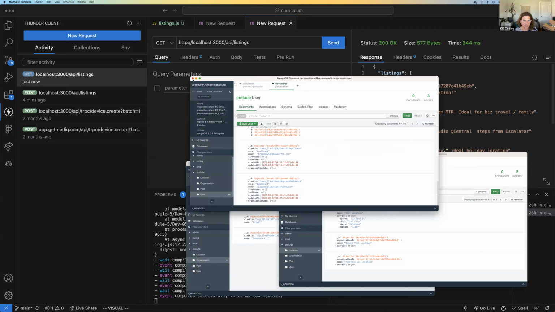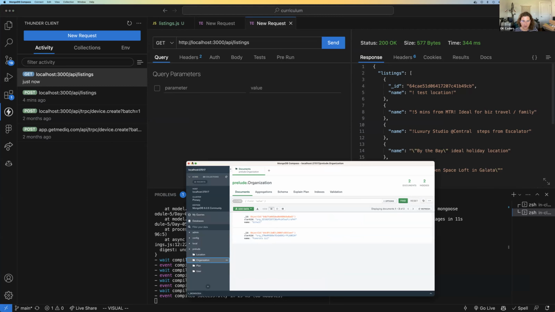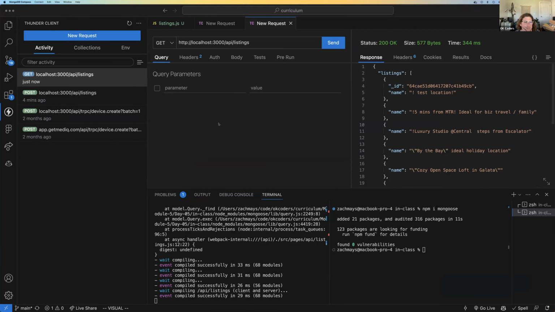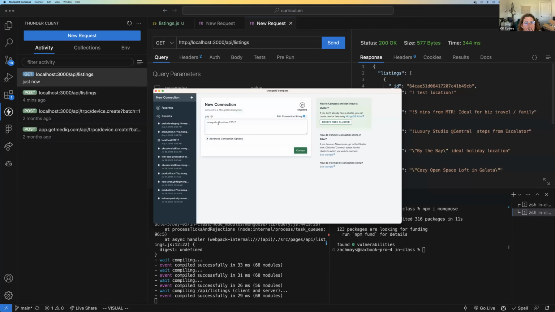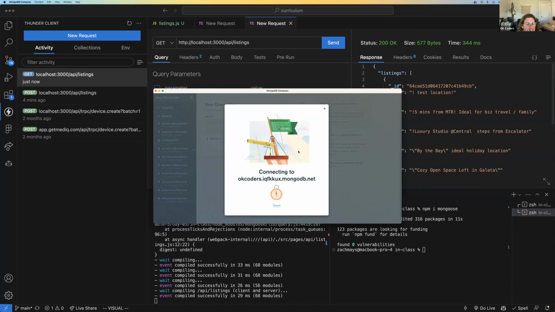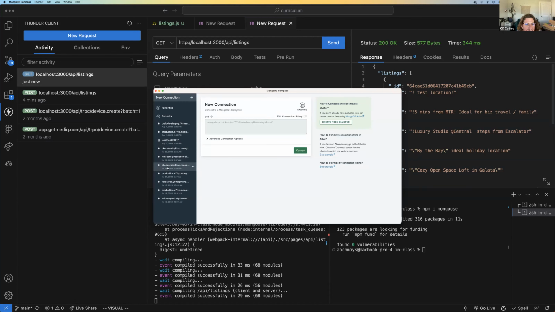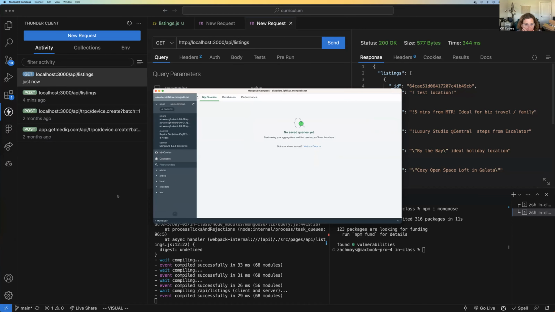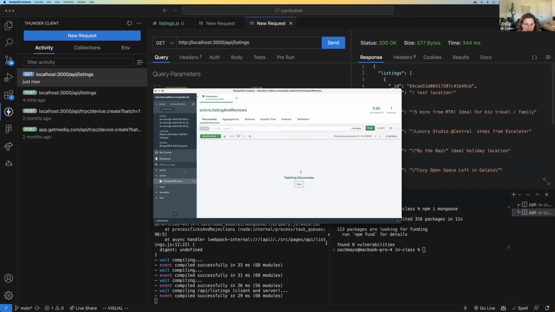I wonder if when we imported. Oh, these aren't valid IDs. I think that's maybe why